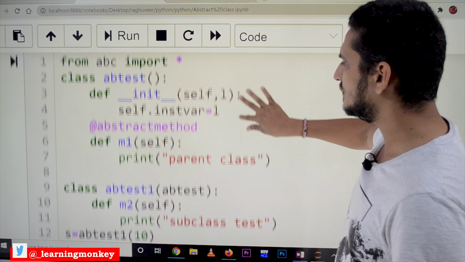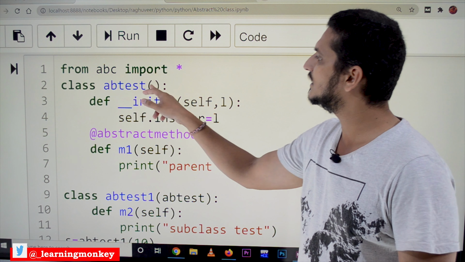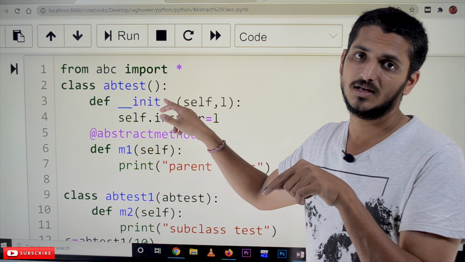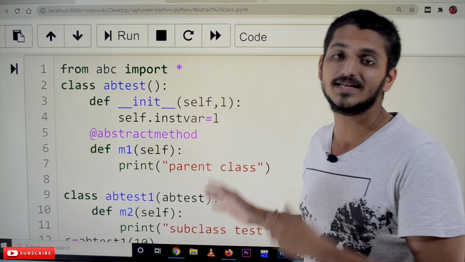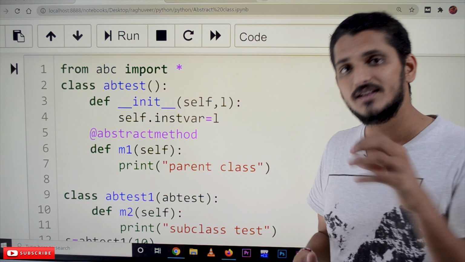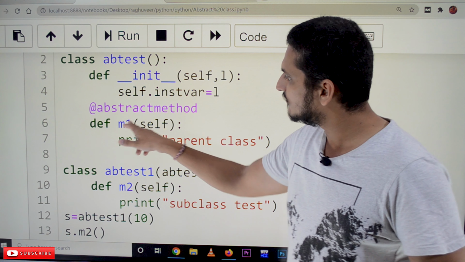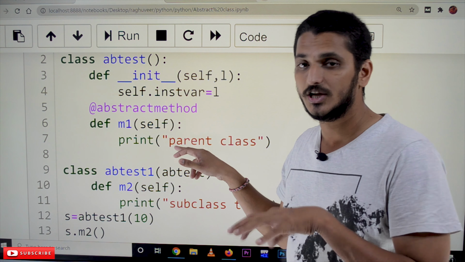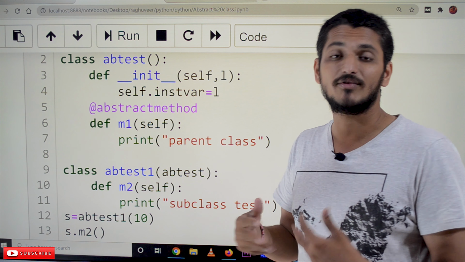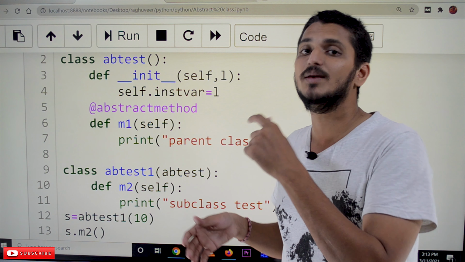And the next example. See here, what happens if we don't inherit the class ABC? This won't work as abstraction. We cannot implement abstract classes in Python without it. We have to definitely use this. Here we have written M1 as an abstract method, but it still won't apply the conditions, because whatever functionality is required to implement abstraction is provided in the class ABC.